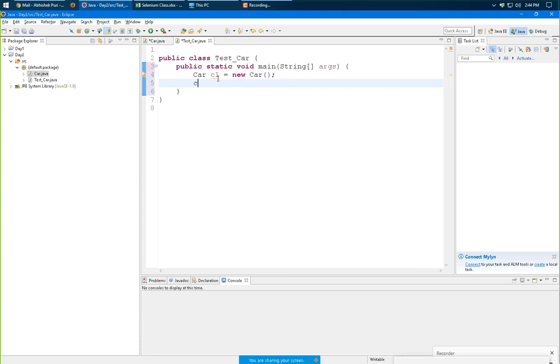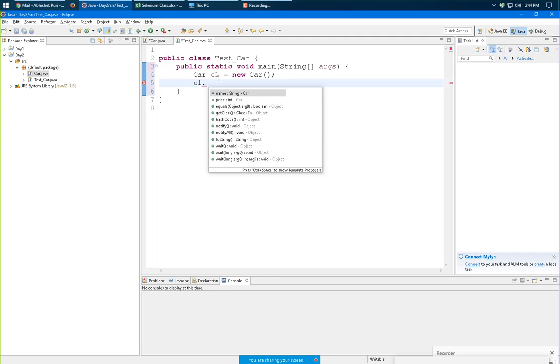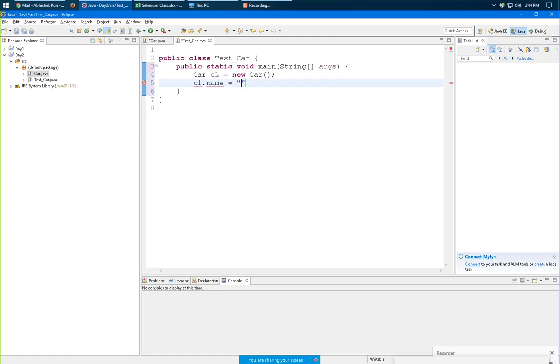Let us say c1.name equals Hyundai, and c1.price equals say 100. So in this object, we're using those variables.